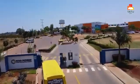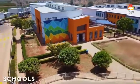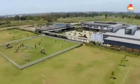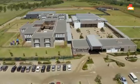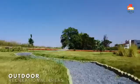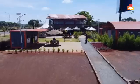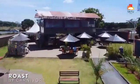In this video, we'll be talking about Tatu City, how the project has come about, as well as the progress that it has made over the years. Tatu City is a mixed-use development located in the outskirts of Nairobi, Kenya. The development sits on a 5,000 acre piece of land which is gazetted as a special economic zone. Sitting within the greater Nairobi metropolitan region, Tatu City is located 20 kilometers north of Nairobi CBD in Ruiru municipality